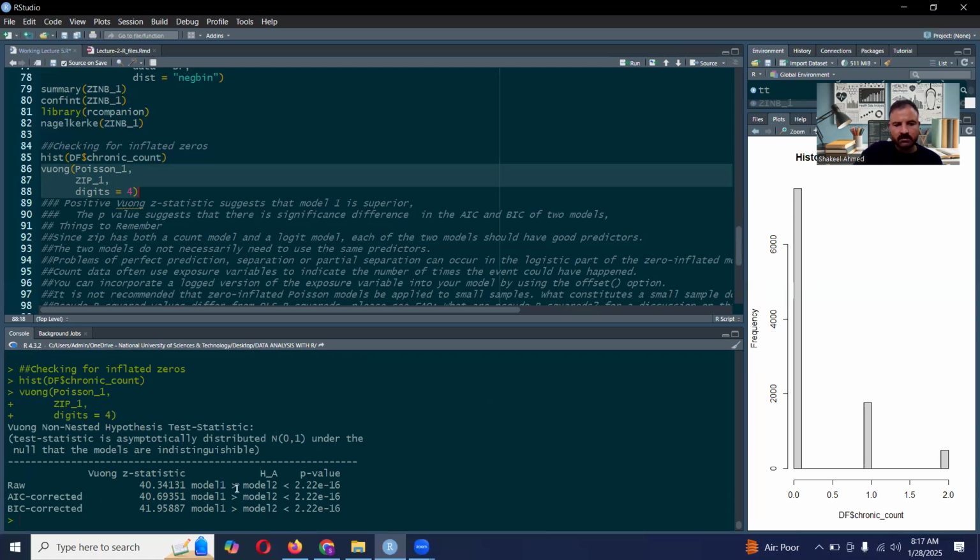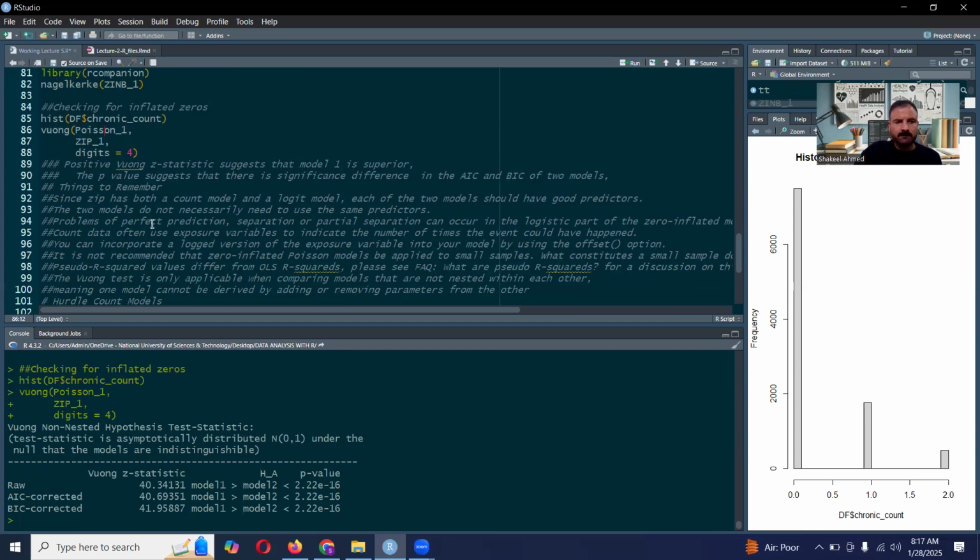So this shows that model 1 is better than model 2. It means H naught is rejected. It means the two models are not equal, and it is suggesting that model 1 is better than model 2. It means the Poisson model is performing better rather than a ZIP model. So instead of zero inflated Poisson model, we just proceed with Poisson regression model. So that's all about zero inflated